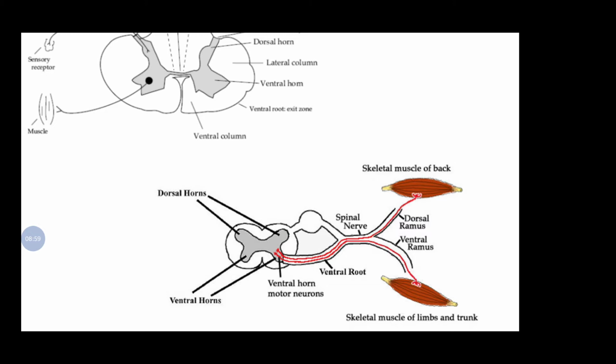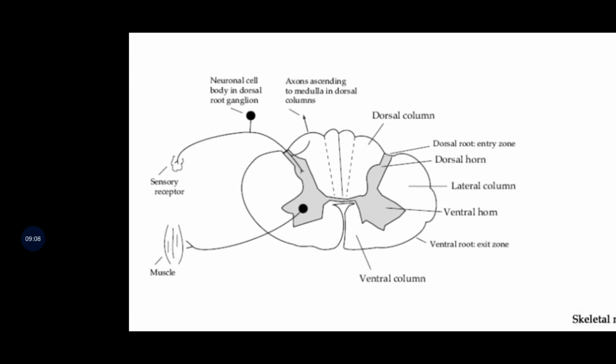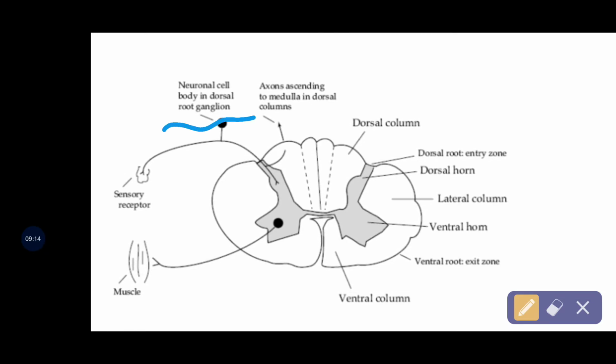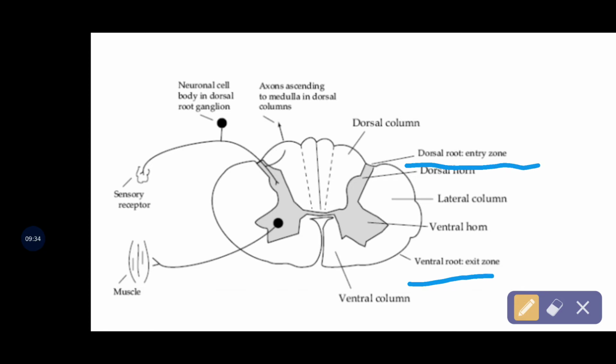So this is showing how the nerves are supplying both types of muscles, the trunk muscles and the back muscles also. So see this diagram, from the sensory receptor, from the dorsal root ganglion, this is the dorsal root ganglion, the swelling. Okay, so the sensory receptor is receiving and it is sending the signal up the ascending tract till the brain. Then the signals are coming to the dorsal root entry zone, and the ventral root is the exit zone. So this one is the entry zone and the ventral root is the exit zone. And from here it is going up to the level of the muscle so that the contraction and relaxation of the muscles can happen.